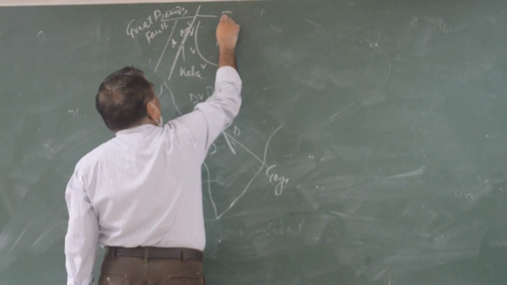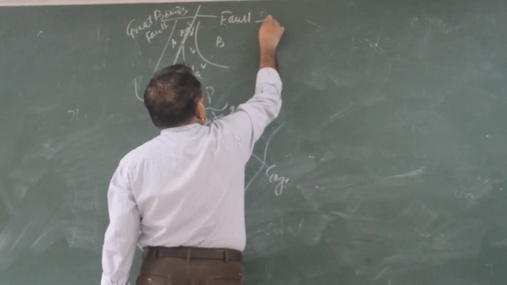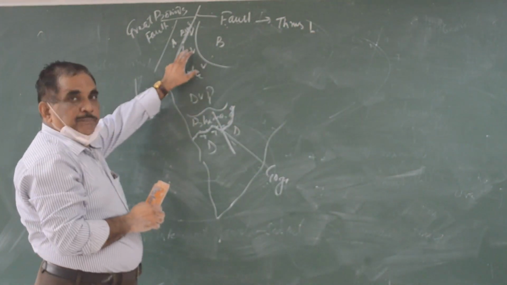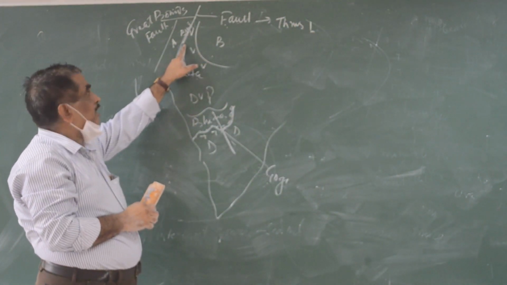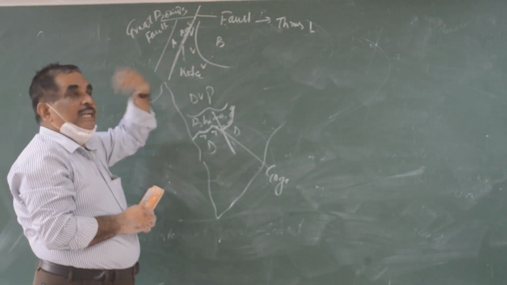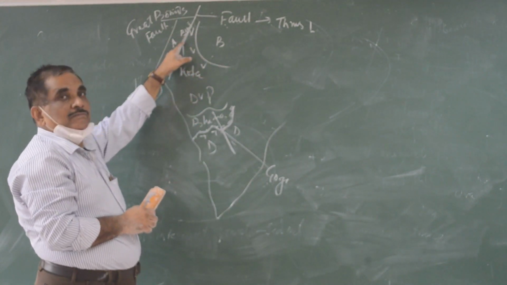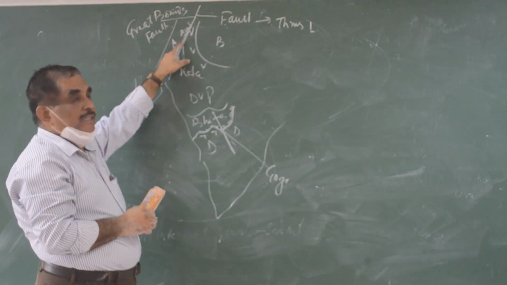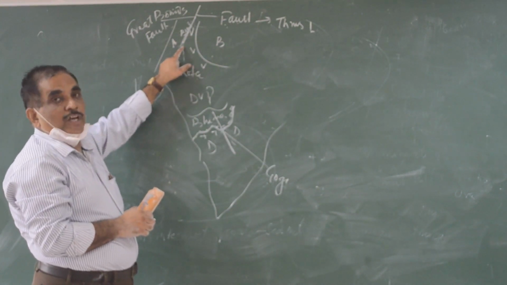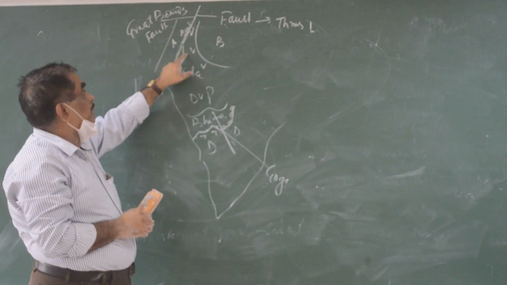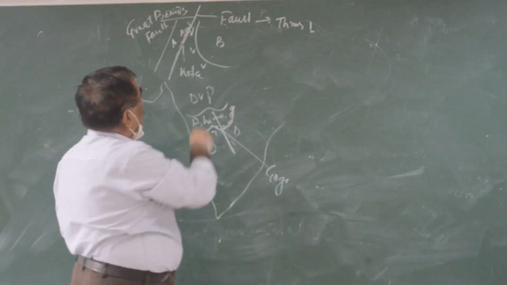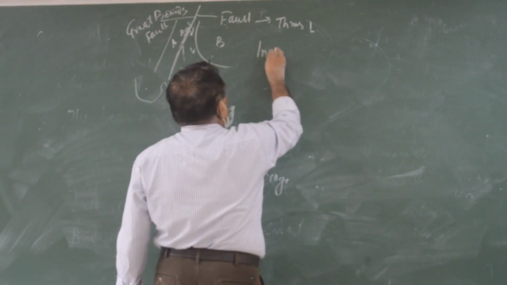Initially it was a normal fault, followed by the thrust. That means what? Because of drifting, normal faulting took place, and before the normal fault developed, the Vindhyans were deposited. Subsequently, this fault was reactivated as a thrust. So basin inversion took place. So the Vindhyans were uplifted, thrusted up. Now the Vindhyas are forming very high hills compared to the Aravallis. So here also inversion is taking place, basin inversion.